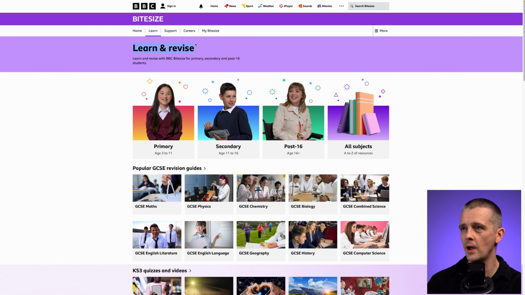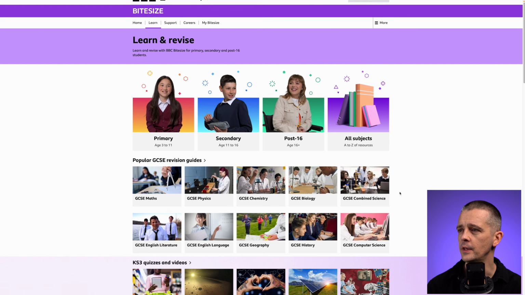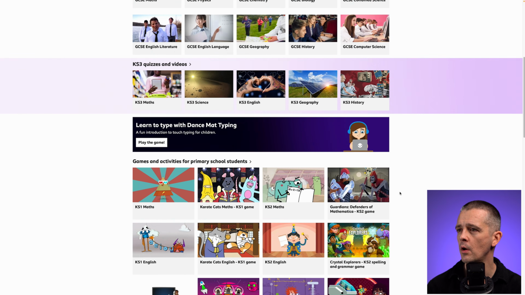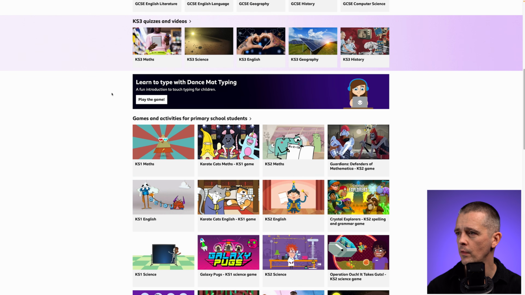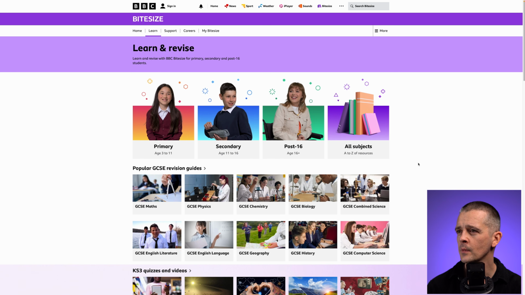It's just learn and revise, and then we have the longer description to explain exactly what it is, and then clear options that work well together, how these books are centered within this box, and the text is centered below it, so the alignment looks very deliberate. And we have a 4-column grid here followed by a 5-column grid, so it's more of an alternating between these different grids rather than spanning across one. You see at times they want to span across all the columns horizontally, but it's just a simple way to